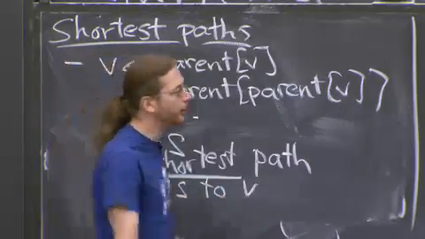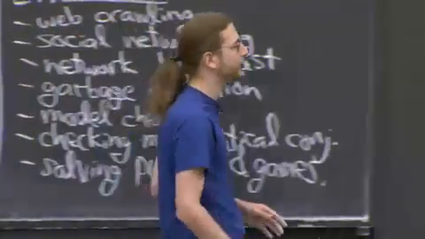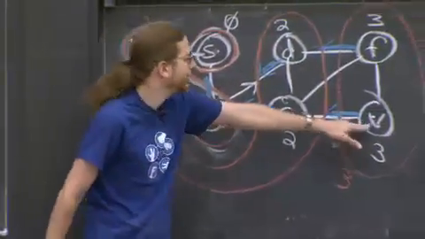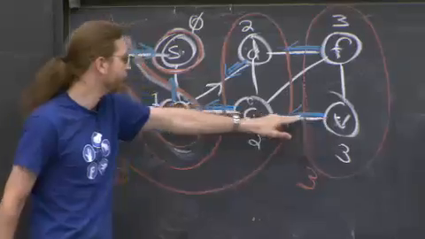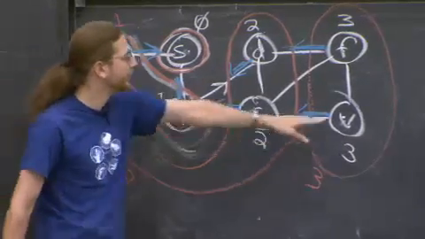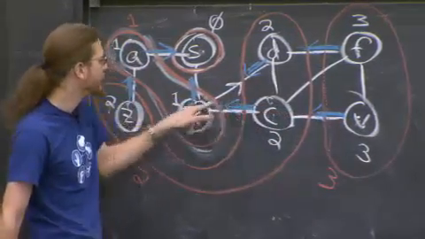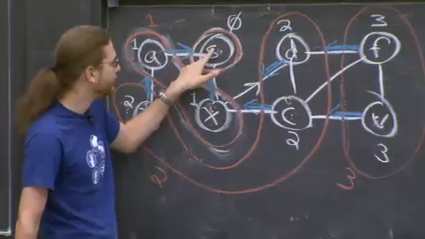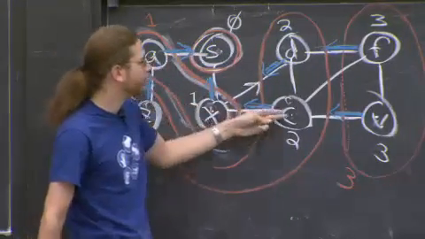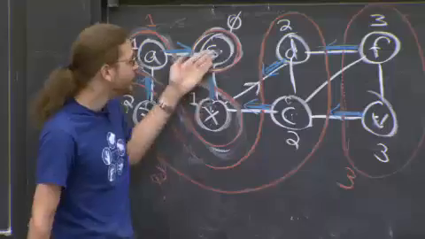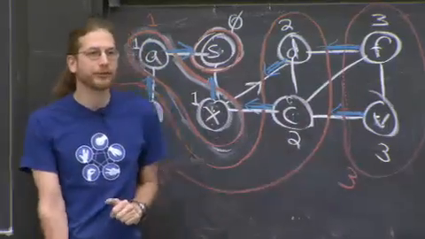Meaning, if you look at all paths in the graph that go from S to V, say we're going from S to V, how about that? We compute this path out of BFS, which is: follow parent of V is C, parent of C is X, parent of X is S. Read it backwards. That gives us a path from S to V. The claim is that is the shortest way to get from S to V.